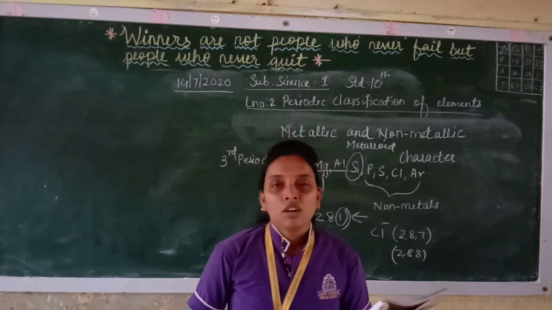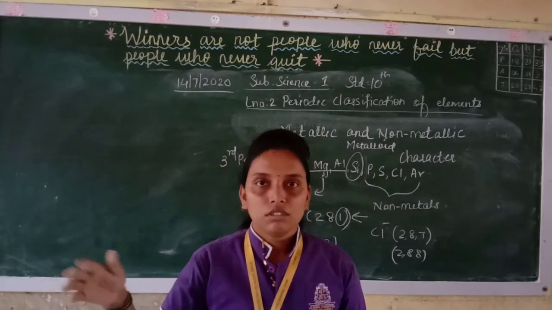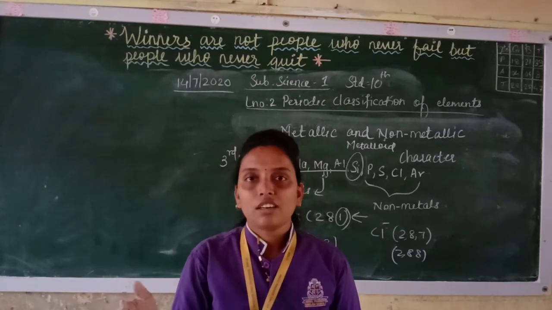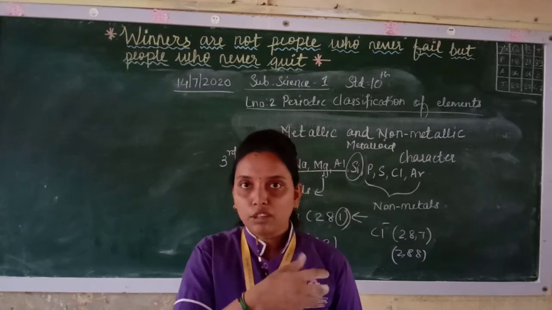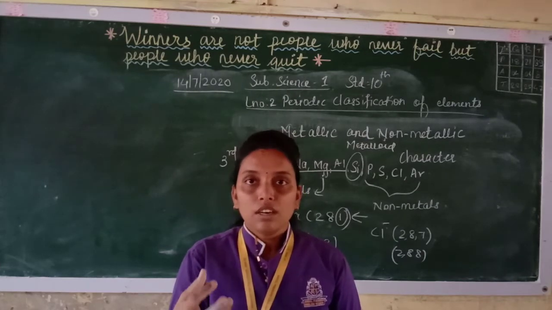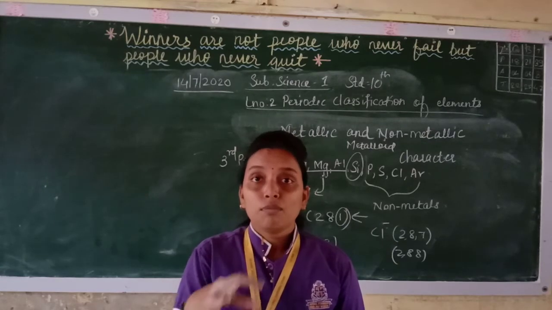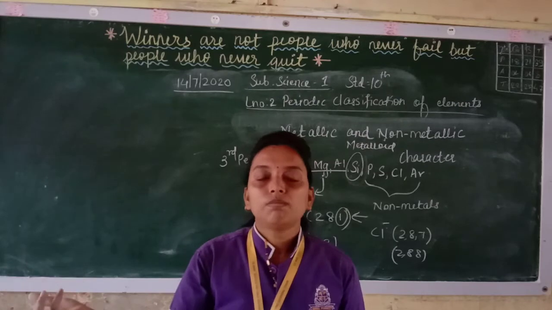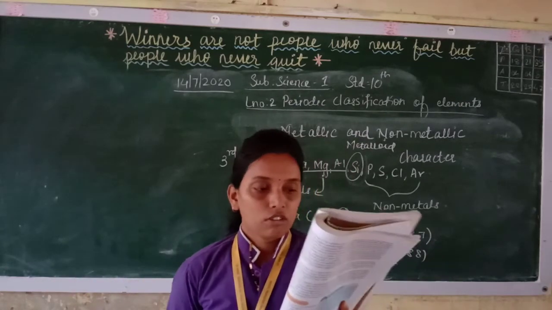What is happening between the nucleus and the valence electron? The valence electron is in the last shell, so in between also there are shells, and electrons are there. So they will also get the effect of that nuclear charge, so the nuclear charge gets divided between those electrons also. So the total nuclear charge is not affecting the last shell. That is why they easily lose electrons.